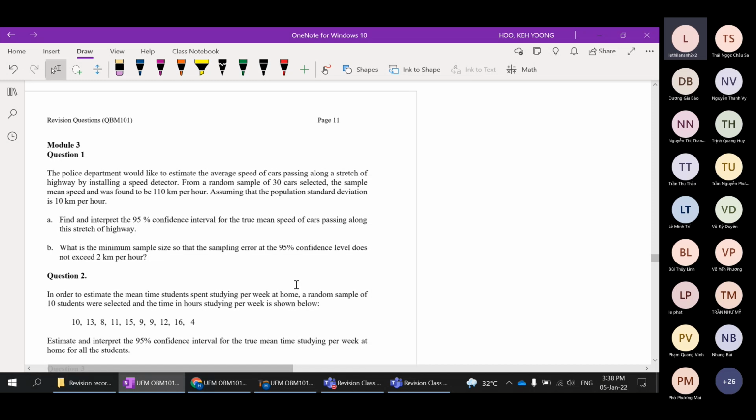Okay, find and interpret a 95% confidence interval for the true mean speed of cars passing along this stretch of highway. So that means, what is the mean speed for all the cars passing along the highway? We want to estimate the population mean by finding the interval. So here, which formula do we use? Do we use the Z formula or the